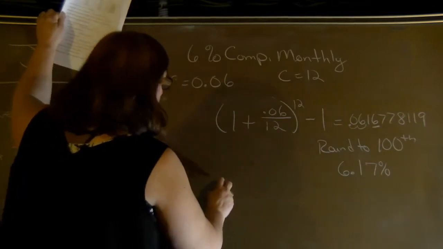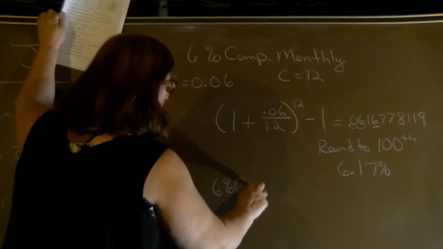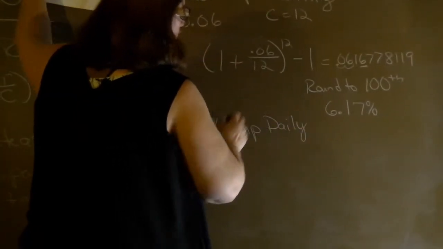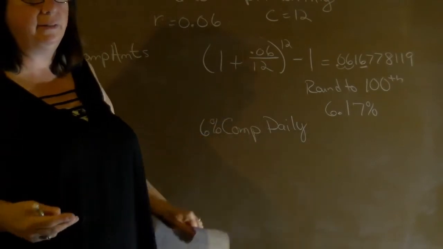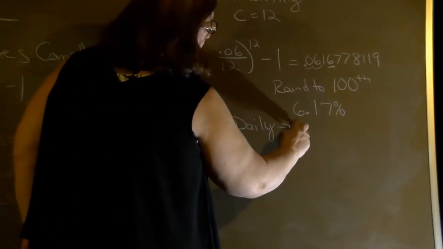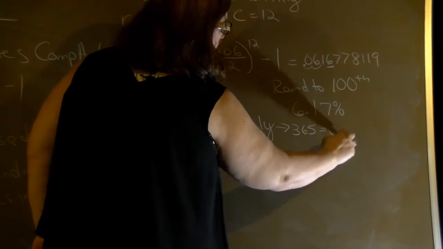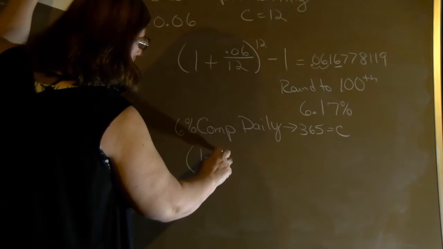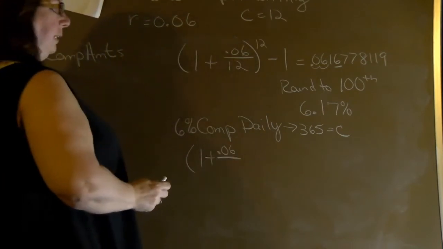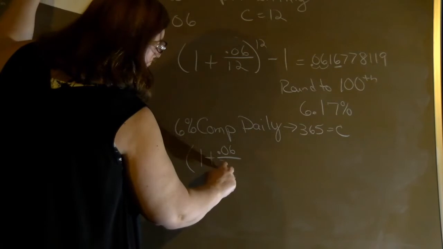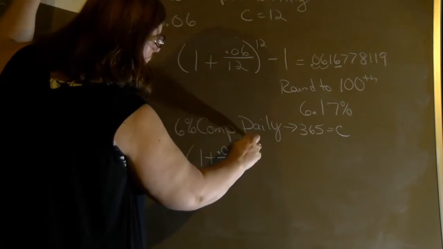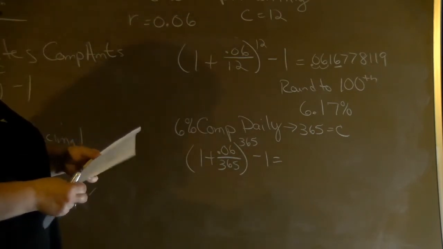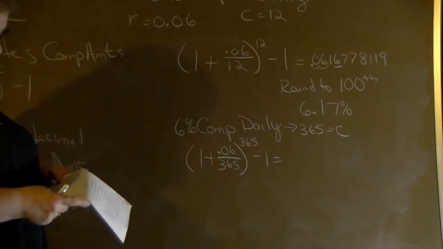Let's try the same 6%, but we're going to compound it daily. Well, how many days are there in a year? For our course, we go with 365. So that will be our C. And we plug in again. We had the same interest rate, but this time it's 365. And then we plug that into our calculator, and you should get